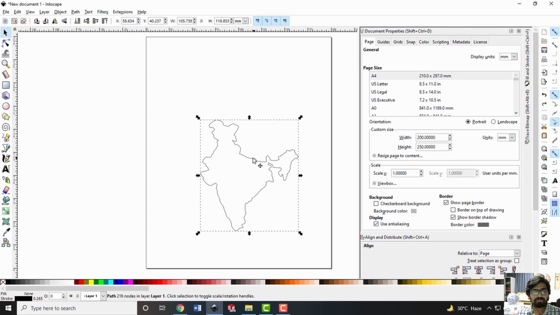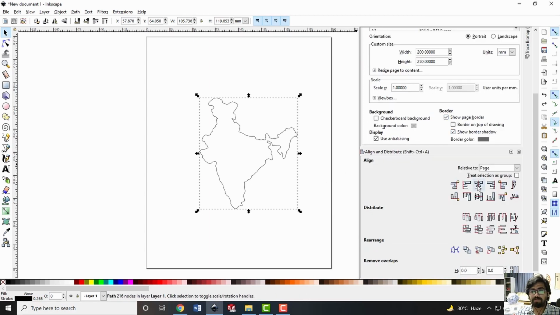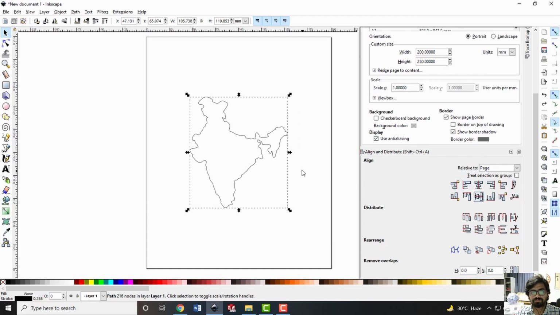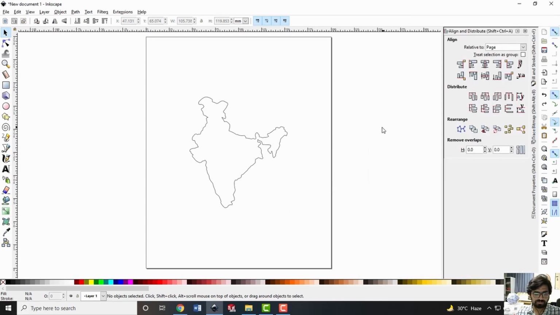And the map of India I will place appropriately wherever I want. Assume that I want it exactly at the center of this bed of the 3D printer, which is right now seen as a page, then I'll press Ctrl Shift A and align this map at the center of the page. Once it is aligned at the center of the page, we are ready to generate the G codes.